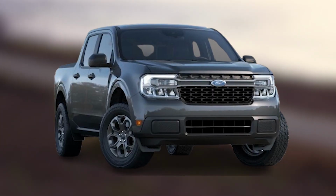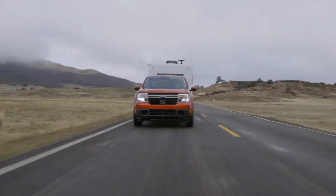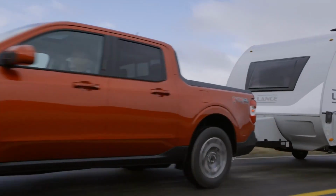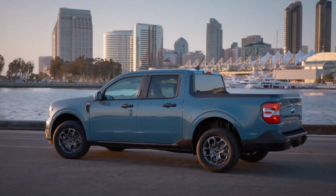The mid-range XLT trim starts slightly under $28,000 with the Turbo 4 engine. For that extra sum, you get a few more standard features that make this pickup more appealing and more convenient. Some of the highlights are alloy wheels, upgraded upholstery, a rear center armrest with cup holders, and a power-locking tailgate. The top of the offer is reserved for the Lariat trim, which starts at around